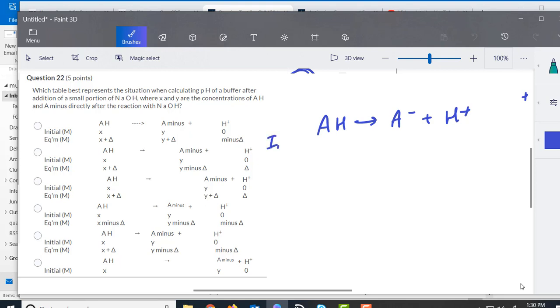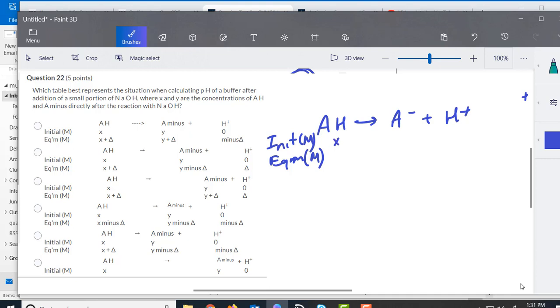So the initial and the equilibrium. Initially we're going to have a certain amount, which I'm calling X. That's going to be the concentration at the beginning,